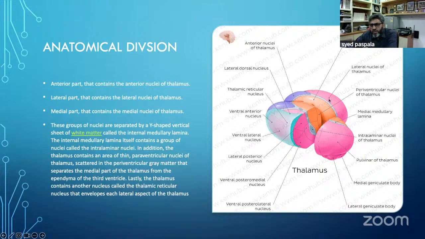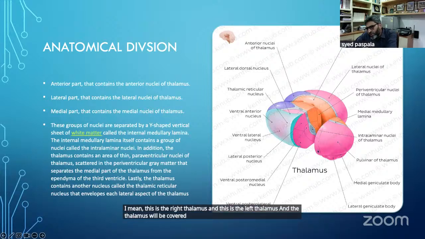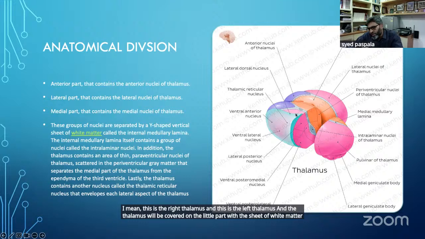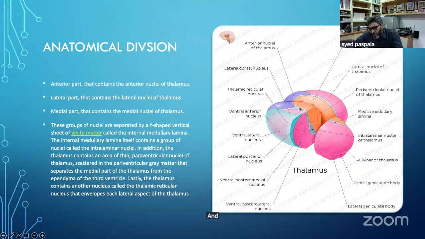This is the right thalamus, and this is the left thalamus. And the thalamus will be covered on the lateral part with a sheet of white matter fibers called the external medullary lamina. And then the nuclei within the thalamus are divided into anterior, medial, and